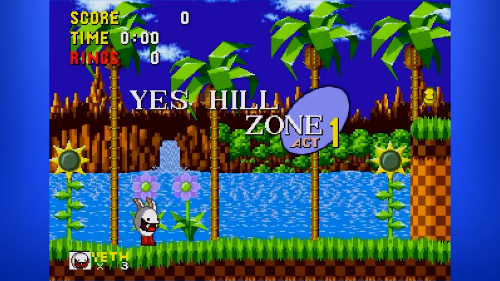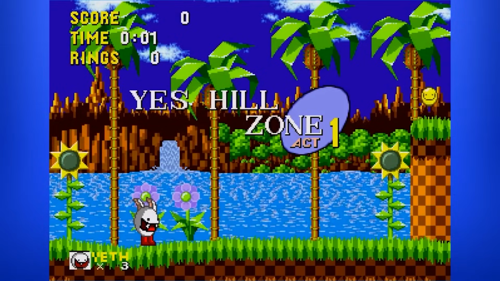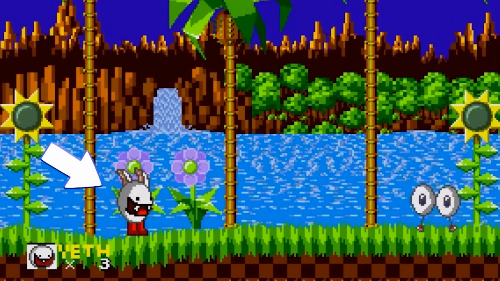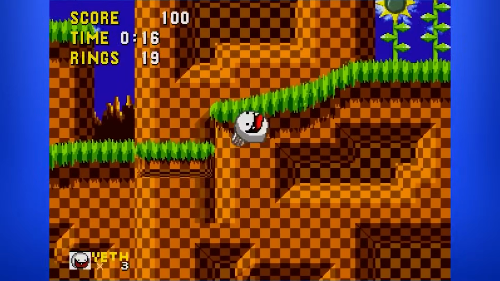This next ROM hack sort of covers something that I think a lot of you guys were expecting, an original character. This one is titled Yeth. It can't get any more weird than it already has, right? Okay, say hello to Yeth, this little white, I mean, this is kinda just Sonic 1 with revamped level design